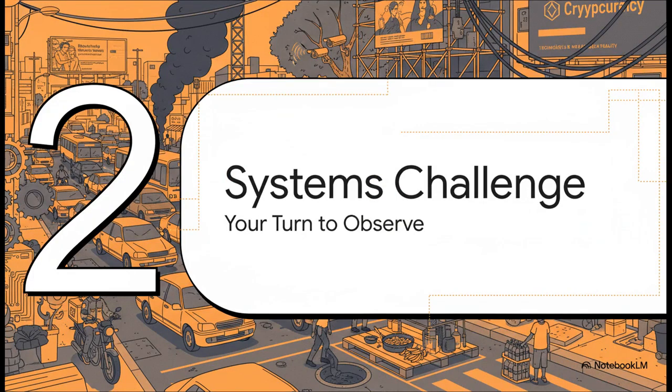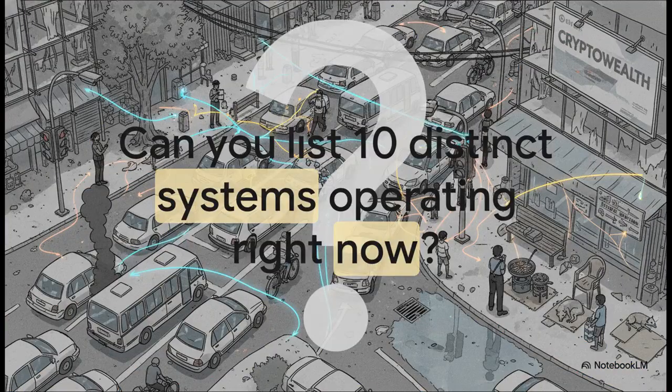Section 2. Your turn. The Systems Challenge. So we've given you the ARTS lenses to see the technological and ecological reality, and we've got Dawson's mechanics to see the structural loops. Now I'm shifting the focus directly onto you. It is your turn to be an active participant here. Here are your instructions. Do not analyze right away. Just observe. Look at our street corner scene again.